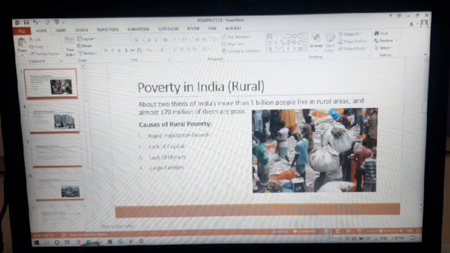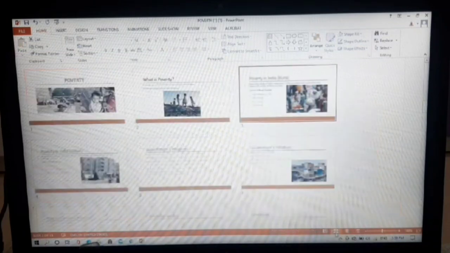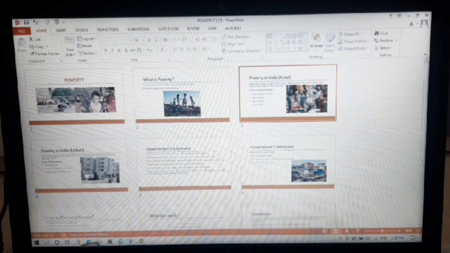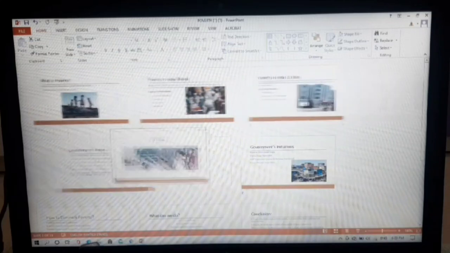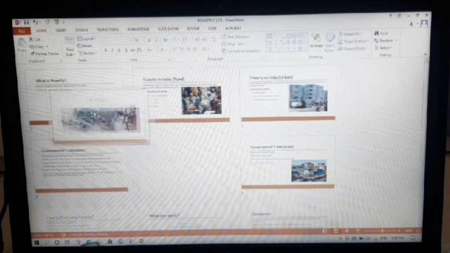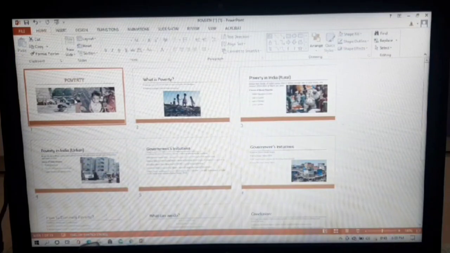So first one is the normal view, which is the default view where you create and edit slides. You can also move slides in the slide navigation pane on the left. Second one is the slide sorter view. So in this view you will see a thumbnail version of each slide. You can drag and drop the slides very easily and very quickly. So by using this view you can change your sequence of slides very easily and very quickly. Third one is the reading view.